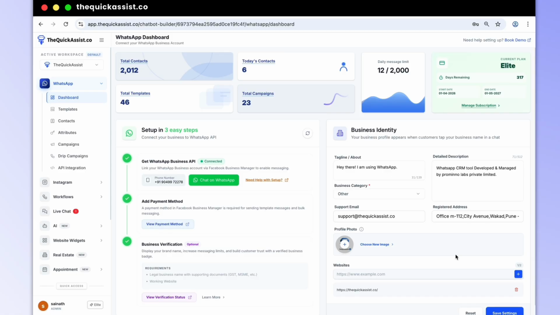To integrate into the Quick Assist, you have to follow 3 easy steps. First is to have a WhatsApp business account and a Facebook business account in which you have to link your number. There are 2 types of phone numbers you can use. First is a new phone number. If you register WhatsApp on a new phone number, it will be linked to that new number. Second, an existing WhatsApp number. You can also use a phone number that is already registered with WhatsApp, depending on your business requirement.